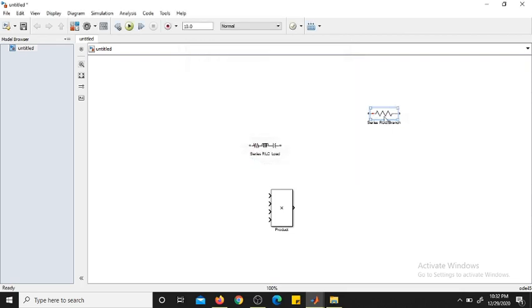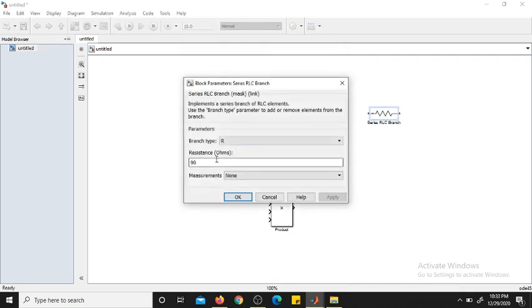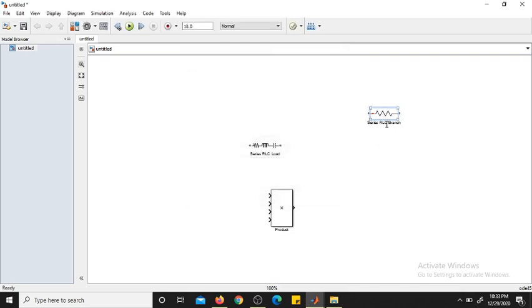Now this R load has a value of 90 ohms. Even you can change this name also. Just click it here. So whatever name you want, you can simply give. And I would like to give Arnold, meaning